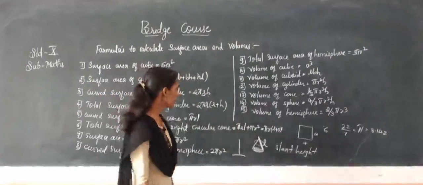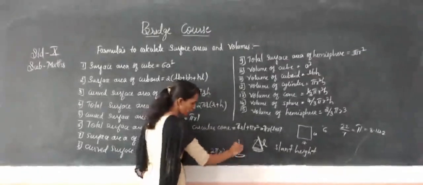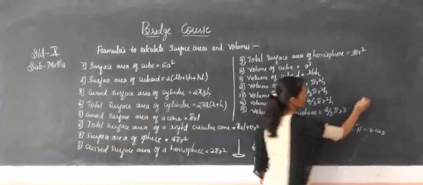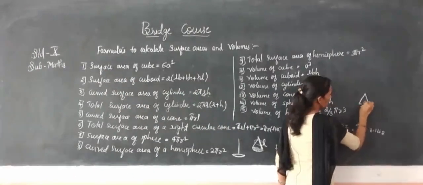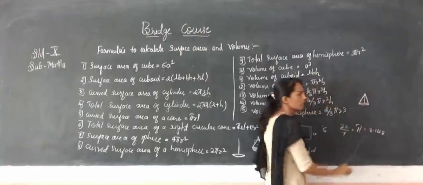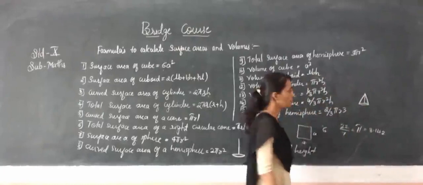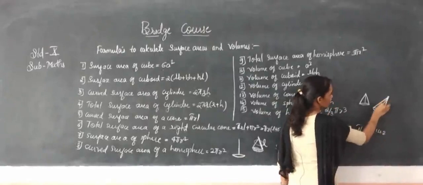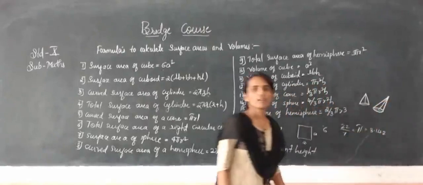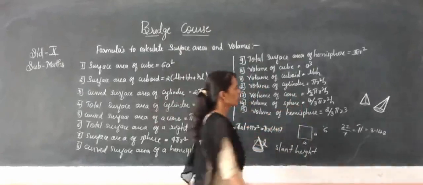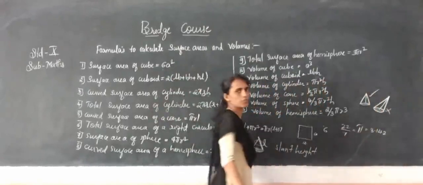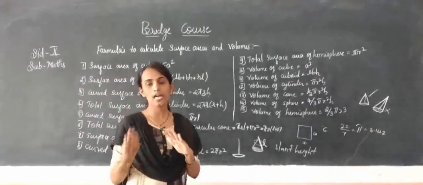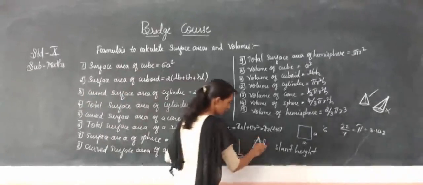So next one is total surface area of the right circular cone. Why right circular cone? Because the height has to be perpendicular to the base. That type of cone we call a right circular cone. Check out here, this is a cone where the height is perpendicular to the base, but this is also a cone where the height is not perpendicular to the base. So that is not a right circular cone, but this is called a right circular cone. The total surface area of the right circular cone means the curved surface area with the base area.